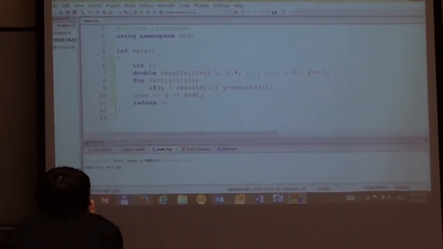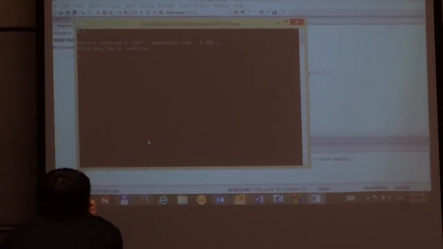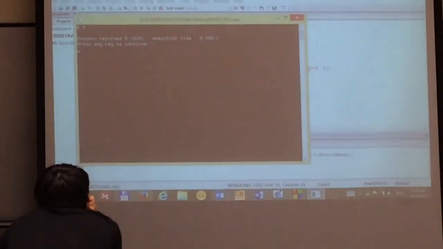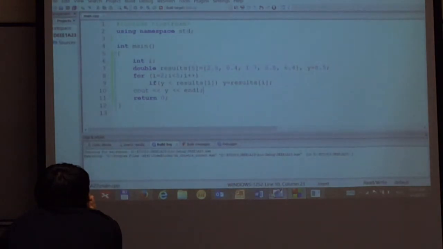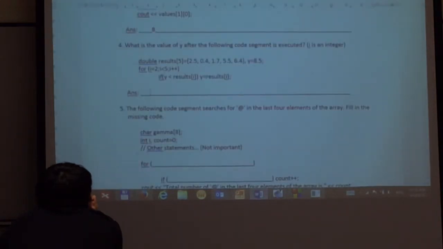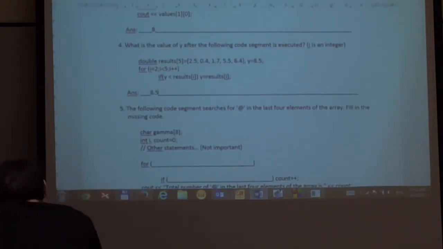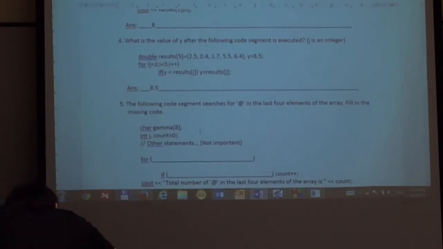Okay, so you run this again, it's 8.5, it's not 0. Okay, so the answer is 8.5. Why? Isn't it obvious? Yes. Because